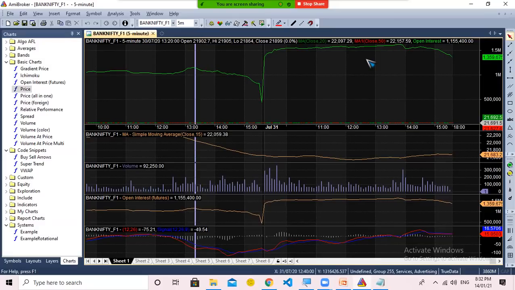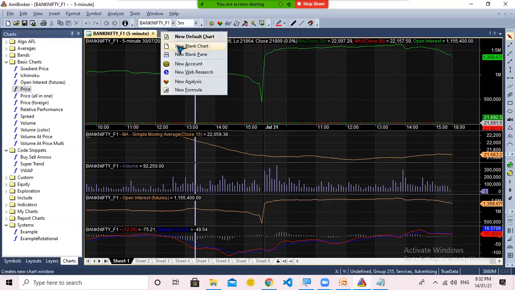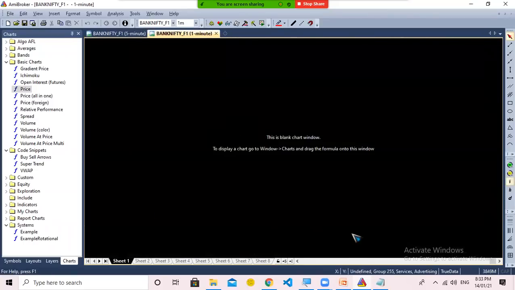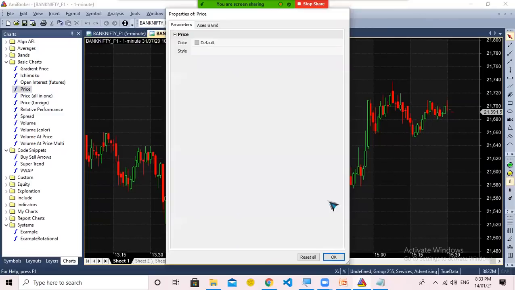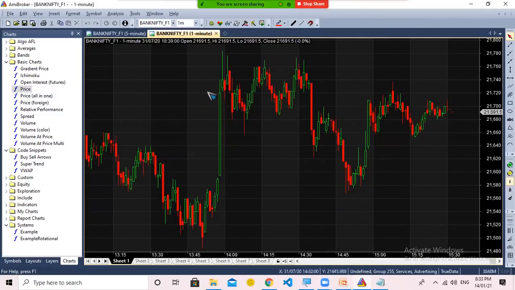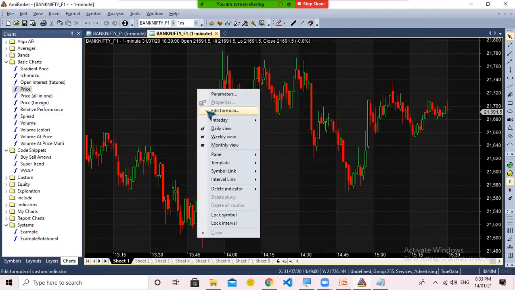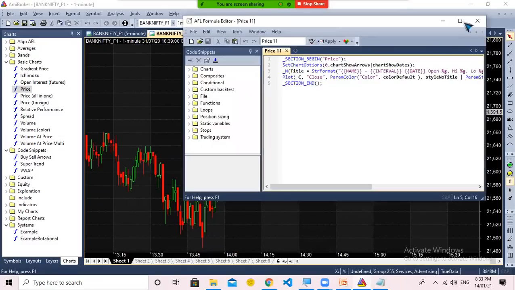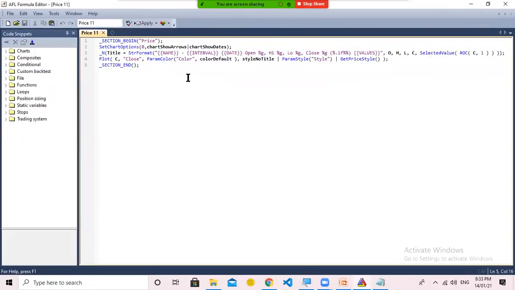So what I do is I open a new chart. So we add price from here, drag and drop. Okay. I open edit formula. So the price code is already added here. So I press enter and go to the next line.